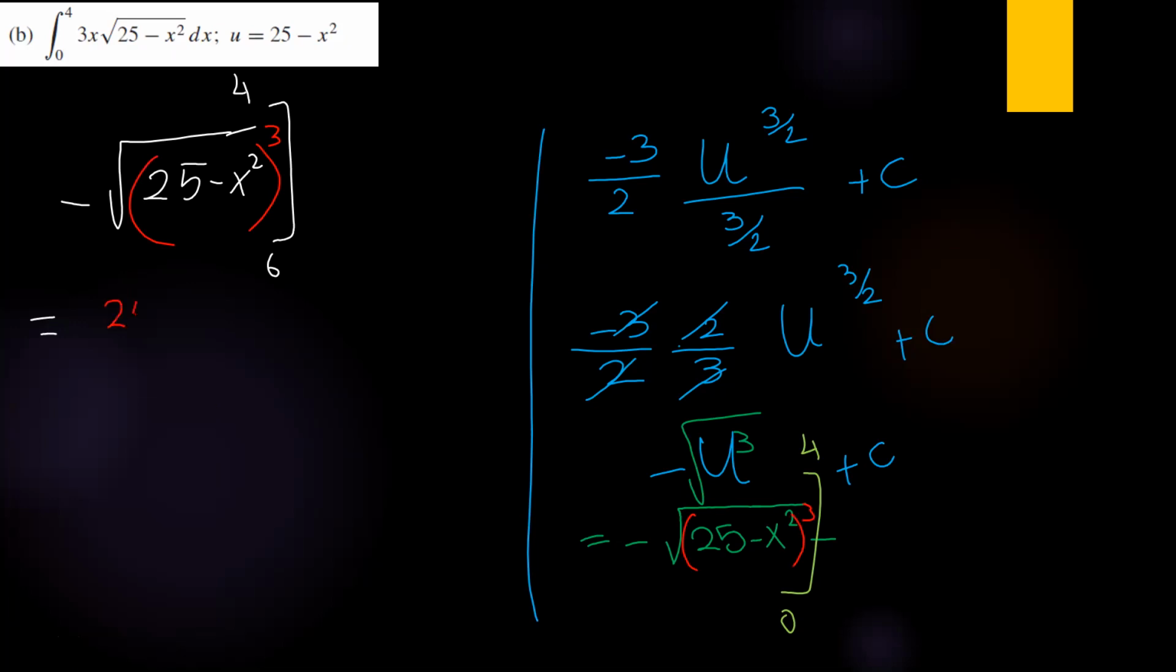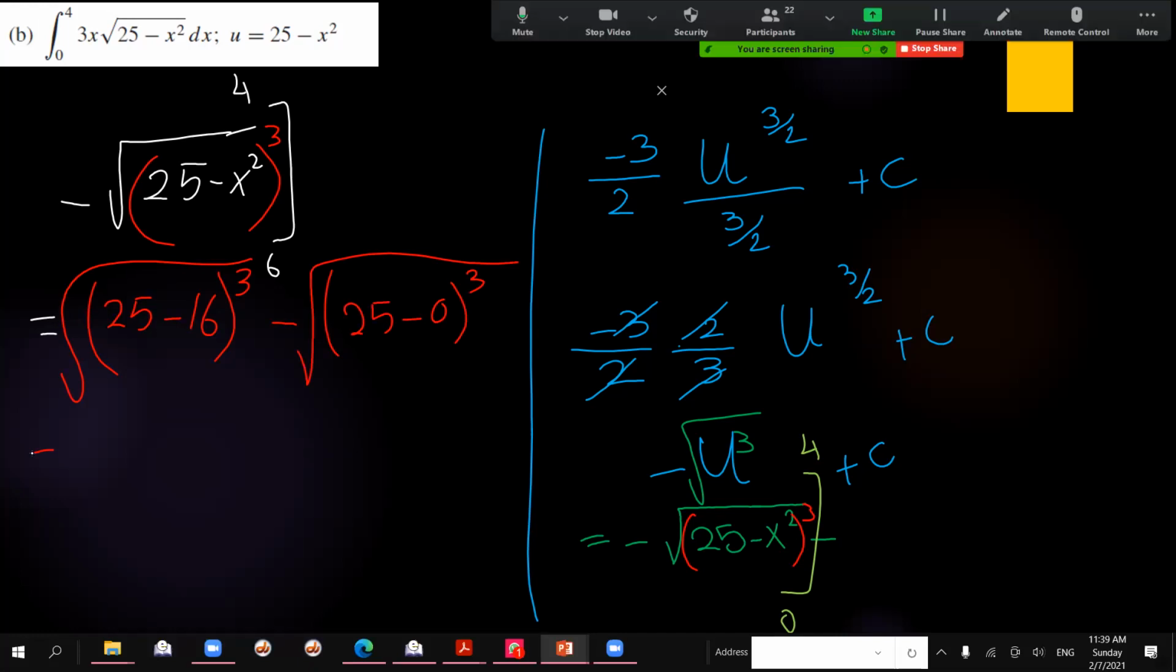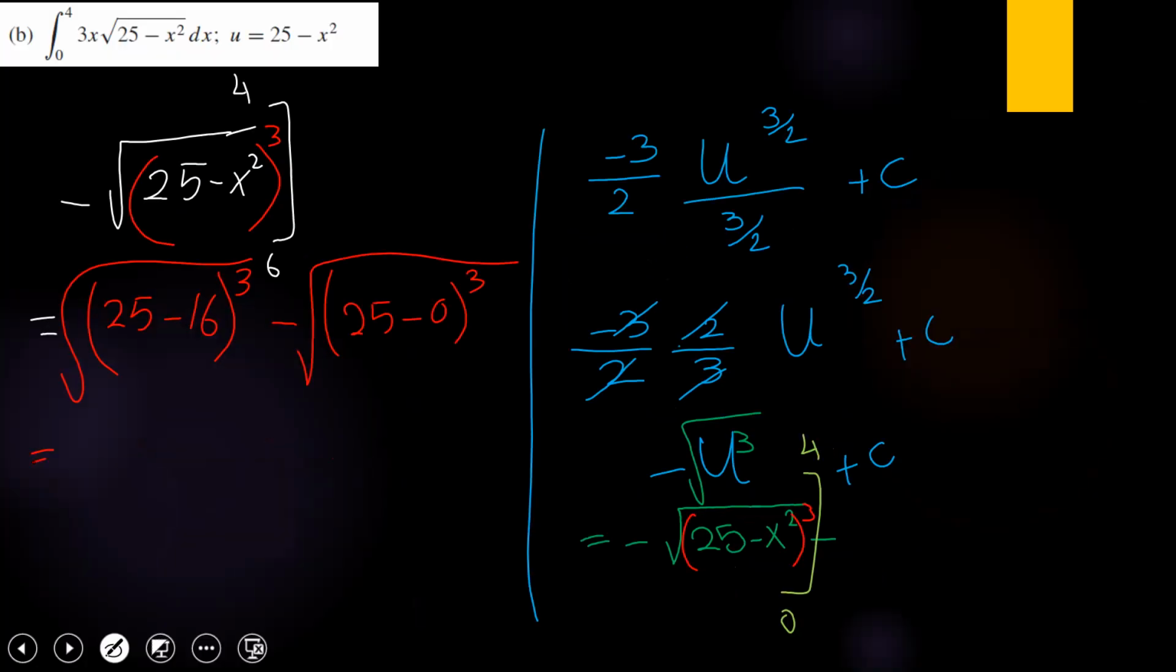Now 25 minus 16 cubic under square root minus 25 minus 0 cubic under square root. By this way now, you will find the definite integral by substitution. Now let's find 25 minus 16, which is 9. Now 9 cubic is 729, square root of it, which is 27, minus 25 cubic,